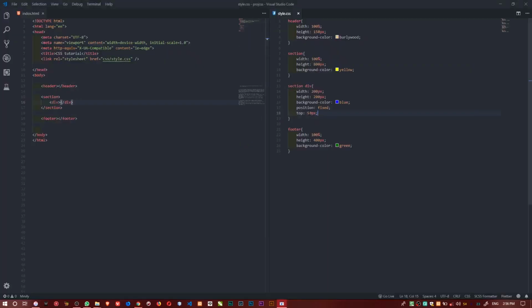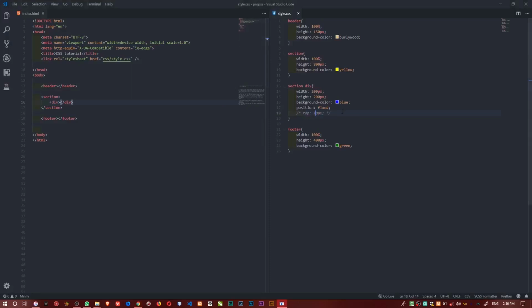Because if you give position fixed, what did I say? This element comes out of the flow of the whole document where it was. It's no longer part of this flow. So by the time you give it a direction, if you want to push it from the top and come down, you see the 50 starts from the top here. If I give it like 10, it no longer starts from here again.